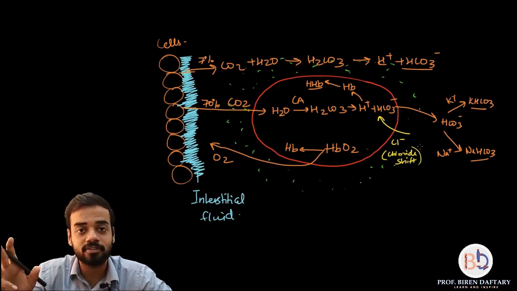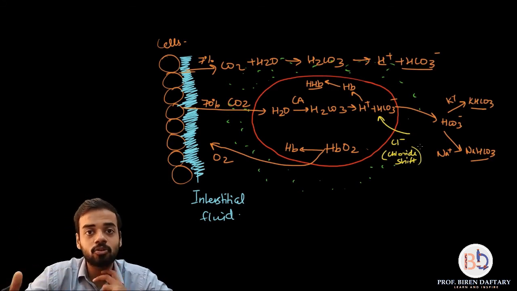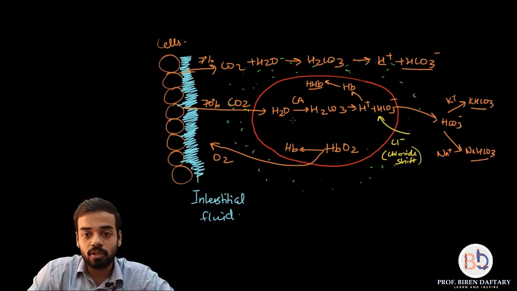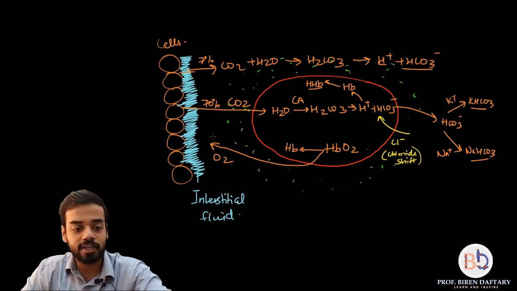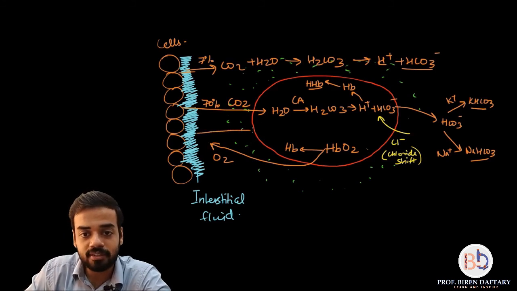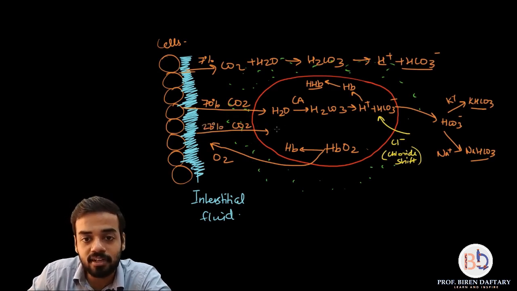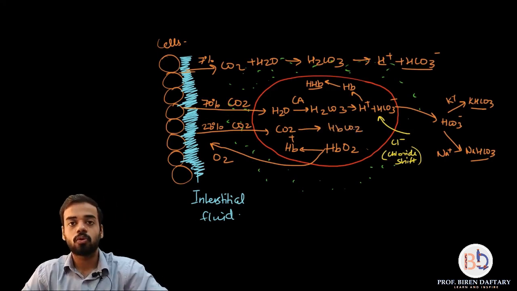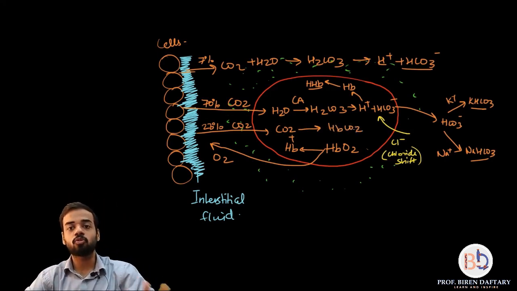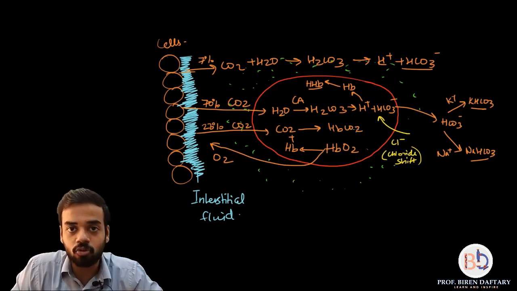Third method of carbon dioxide transfer is Hb and CO2 attach with each other. So now this free Hb is present over here because oxygen has left. Now again I will show carbon dioxide arrow inside, okay, and how much carbon dioxide is going in this way, 23%. So this carbon dioxide plus this hemoglobin will give me HbCO2. So this diagram is over. I hope you have understood all the reactions.